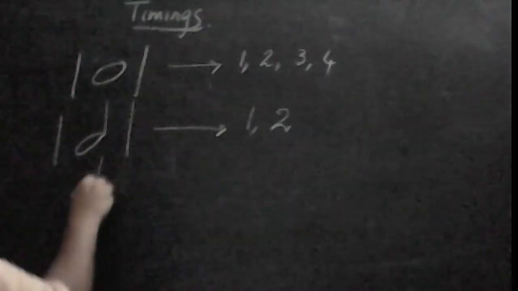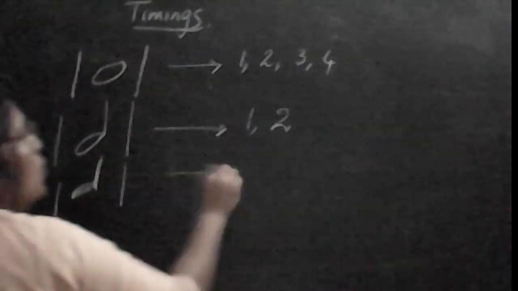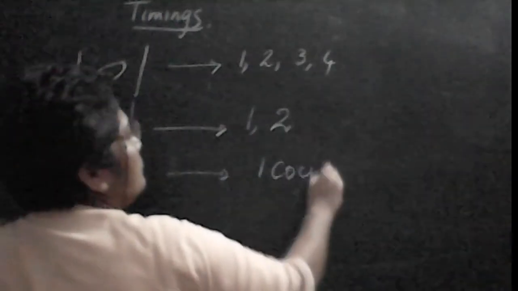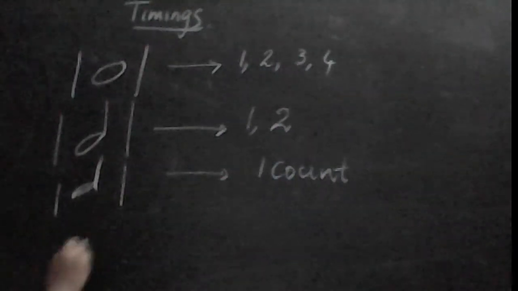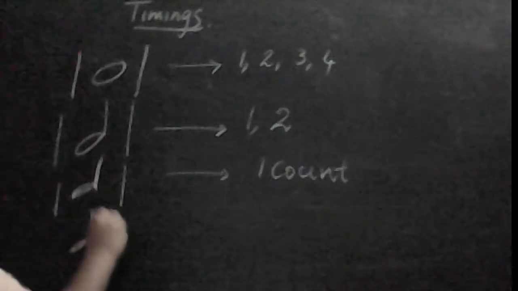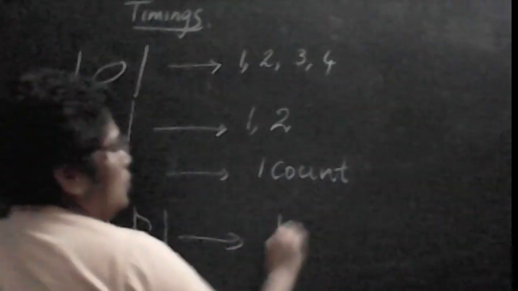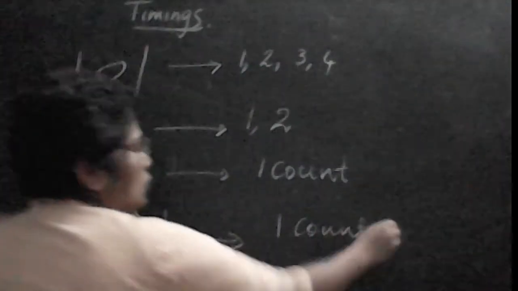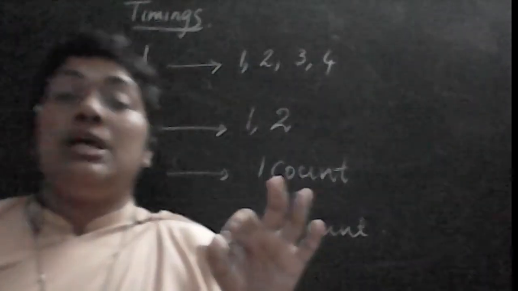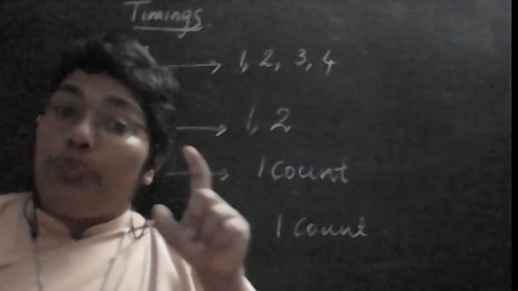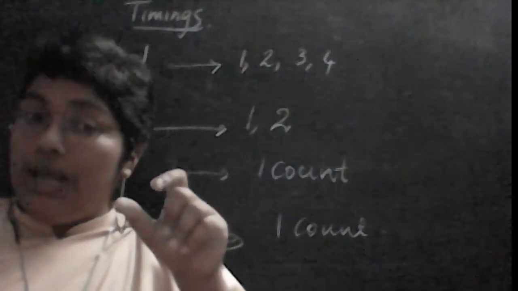Then I am going to fill this note, this particular note like this. Okay, this is equal to 1 count. And then we are going to split this again into 2. Again into 2. This together is equal to 1 count. So when I say this together is equal to 1 count, when you say 1, that time you have to press that note twice. 1, 1. Okay, like that.